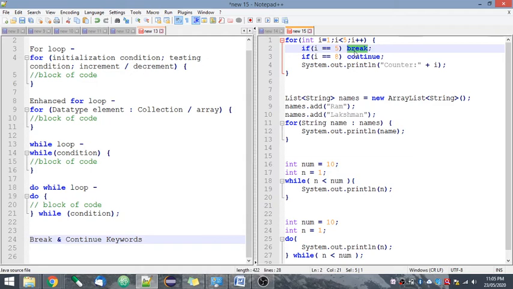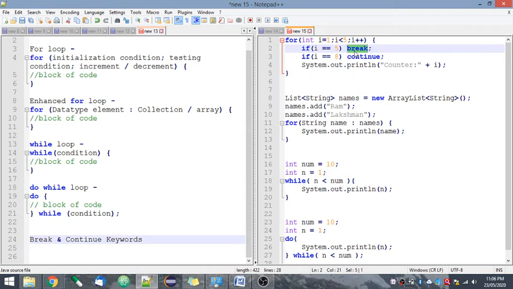So when a particular condition is satisfied, you can just write break. If you are using a loop, you can write statements and then follow them by break. If you do that, the statements written within the loop will be executed only once. So break is basically used if you want to get out of your loop when a particular condition is satisfied.